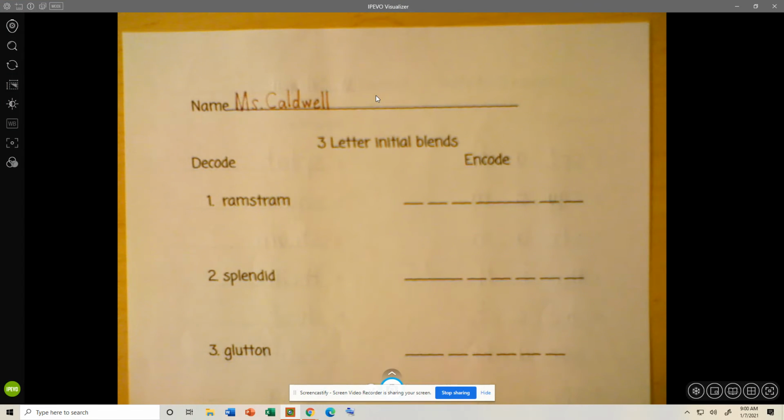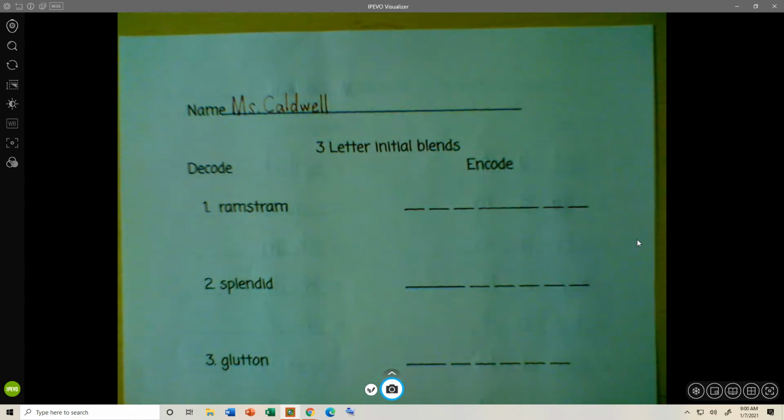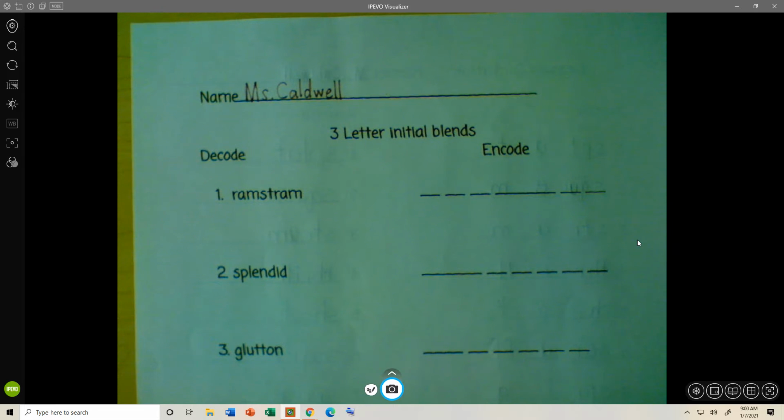All right, so this syllabication sheet should be in your red folder if you don't have it already. Go ahead and put your name at the top. Can you give me a thumbs up if you put your name at the top already? Fantastic. Alrighty, so we are actually not going to do all of these together because you guys are starting to get really good at this. We are going to do the first 3 together, and then you're going to get to do the last 3